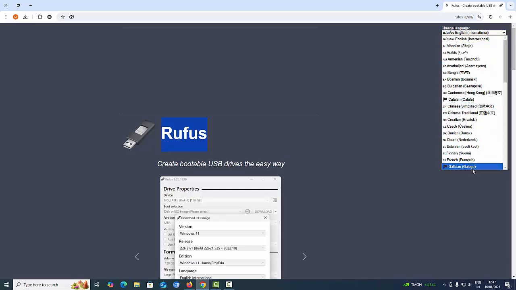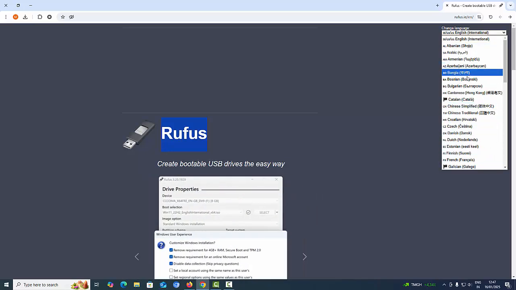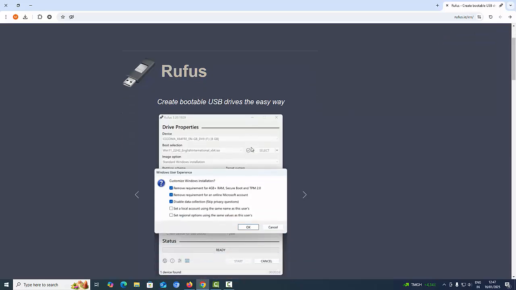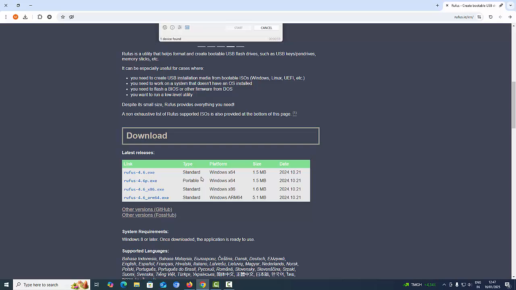This is the language. You can choose the language here. For me, I will choose English. Okay, now we scroll till we find the kind of Windows. For me it is Windows 64. Okay, and there is Windows 86. For me I will choose one of those. Okay, for me I will choose Windows